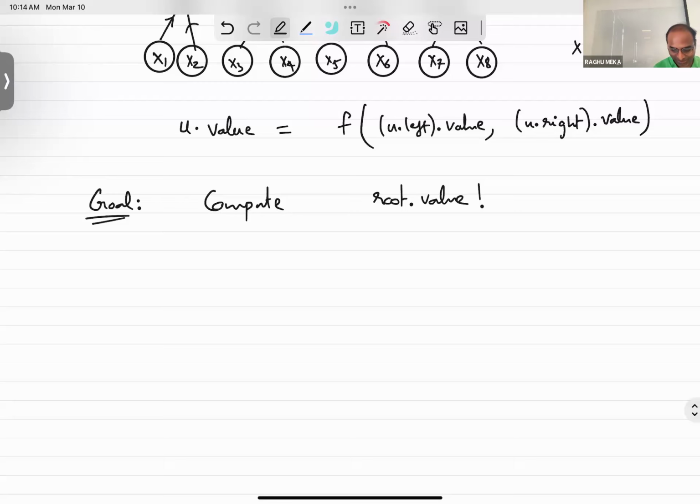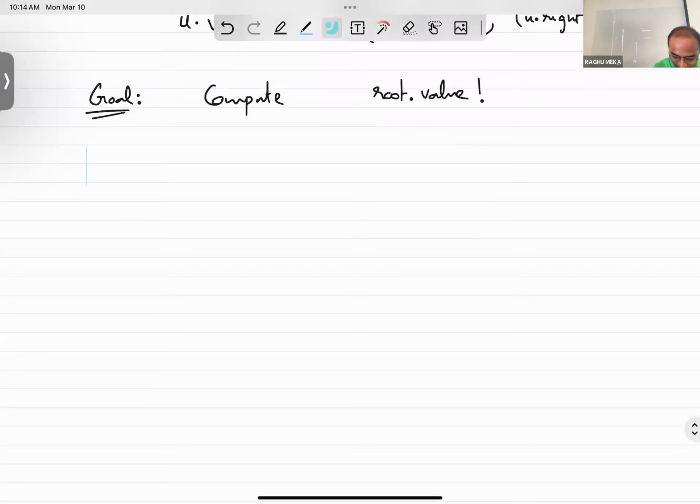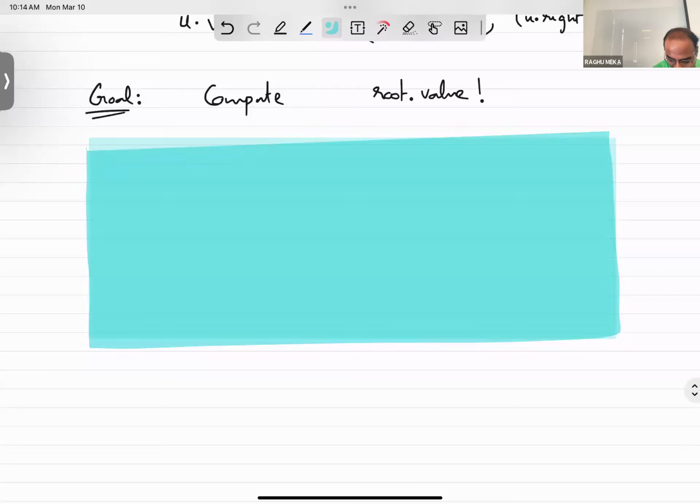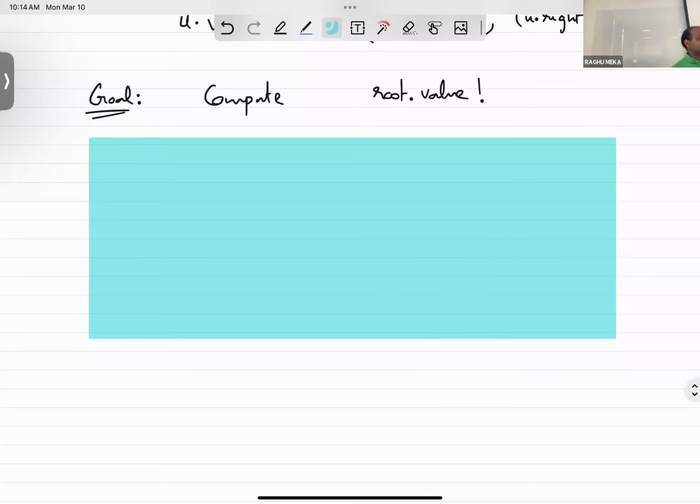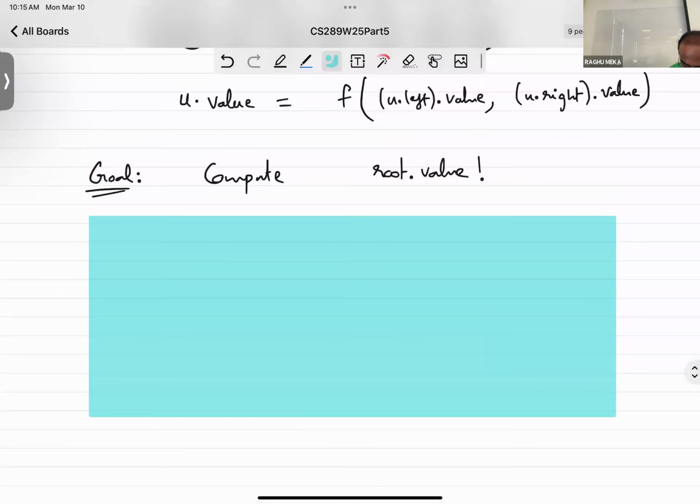Okay, let me just ask that. It almost sounds like computer science 101. How do I compute something like a tree value? Just tell me, yeah? Recursively, right? So how would you say? You'll say something like evaluate node